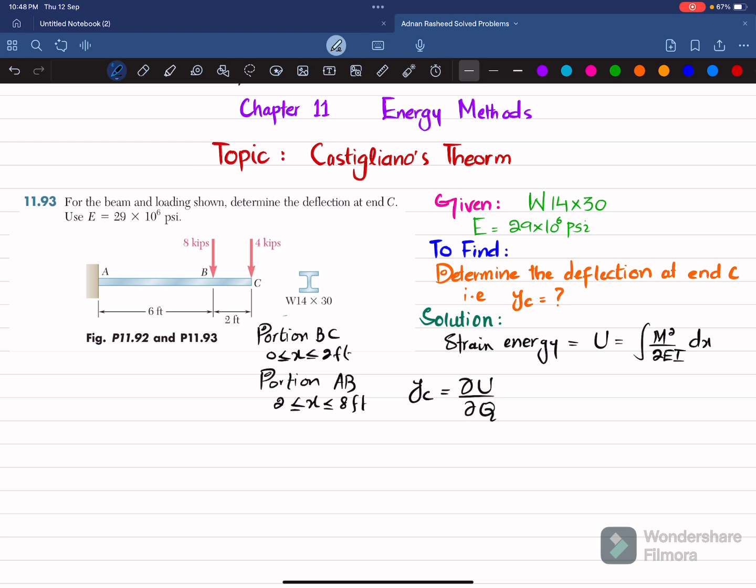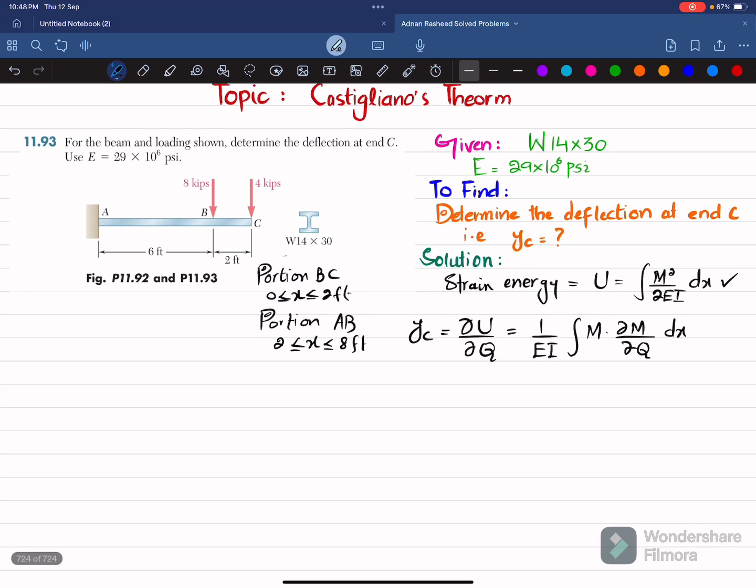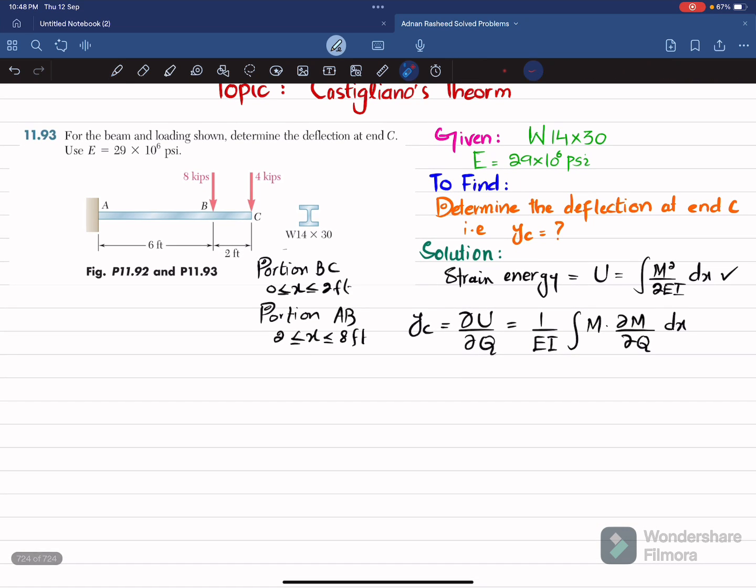So the deflection at point C will be equal to partial U over partial Q, and if you take the partial derivative of that total strain energy, you will get 1 over EI times the integral of M into partial M over partial Q into dx. So this will be the equation of deflection from the strain energy. Here you can see we will use this equation. For that we will need the bending moment for portion BC as well as for portion AB. So we will find it for portion